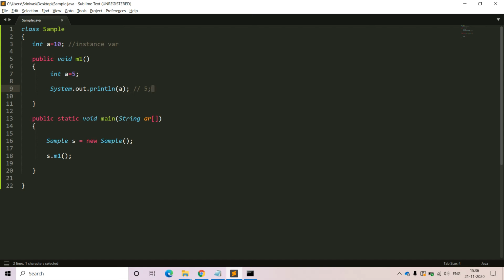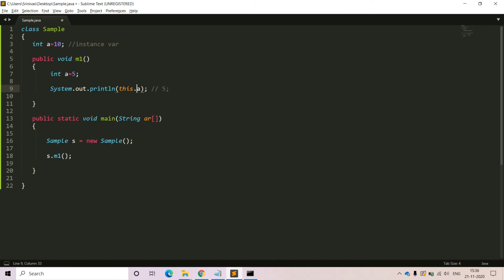Within the instance context, if you want to access the instance variable value, we need not create the object. Why? Because this instance method is invoked through an object. Due to that reason, within this entire method, the object nature is available. We need not create the object of the class in order to access the instance variable. Instead, to represent the current class object, we have a special keyword. We should not use that keyword in the static context. That complete information is available in the previous videos. Please go through those videos.